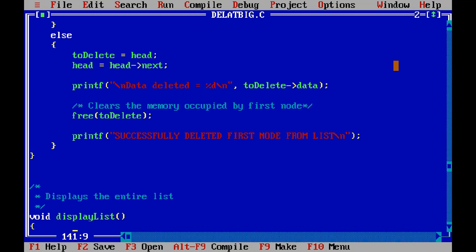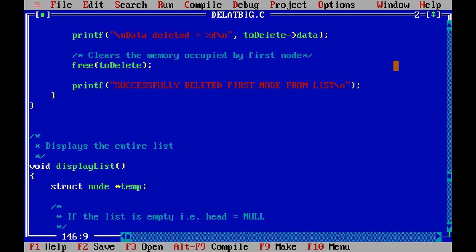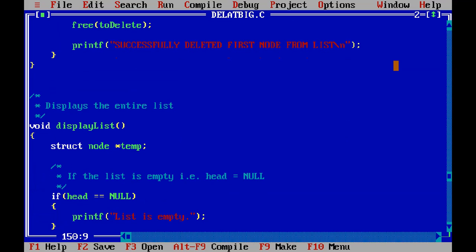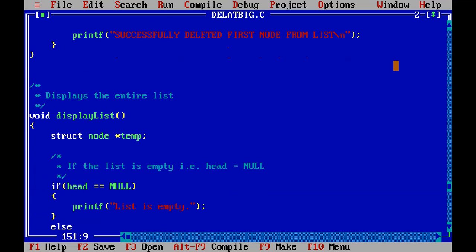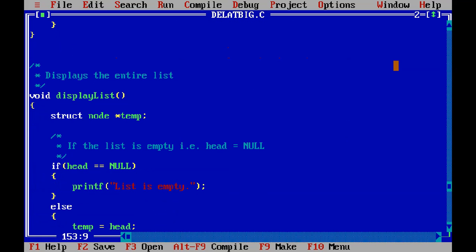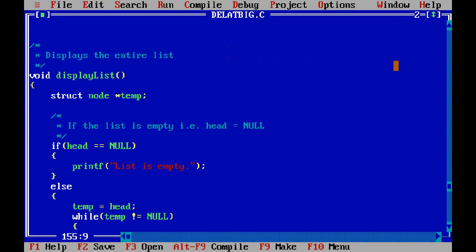The void display list. First of all, we are assigning a pointer temp. Then if head equals null, which means the list is empty, it will print the list is empty. Else temp equals head, which means the first time the head is the same as temp, and it will continue while temp is not equal to null, until temp becomes null.